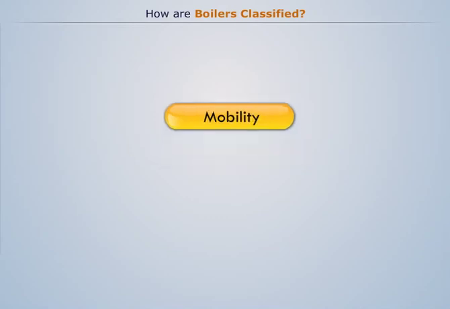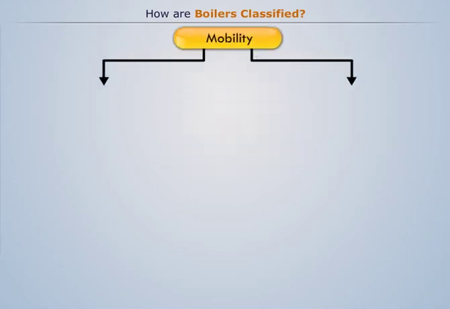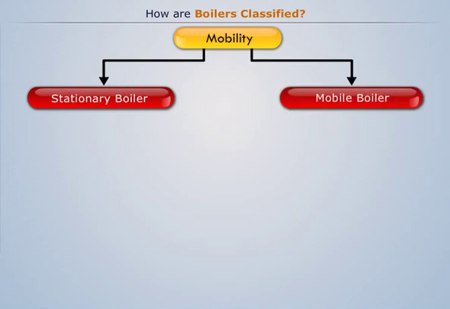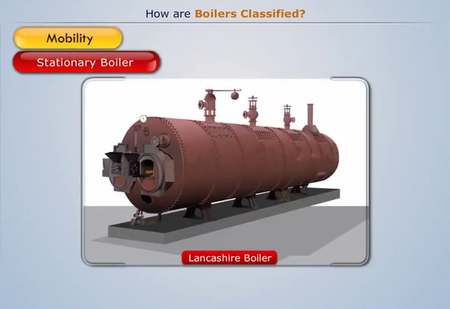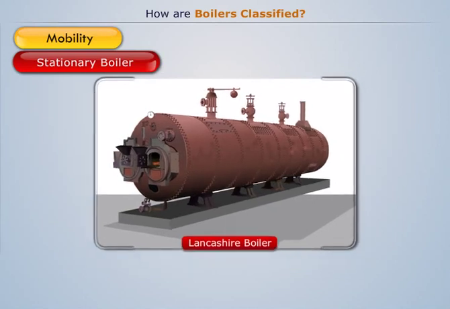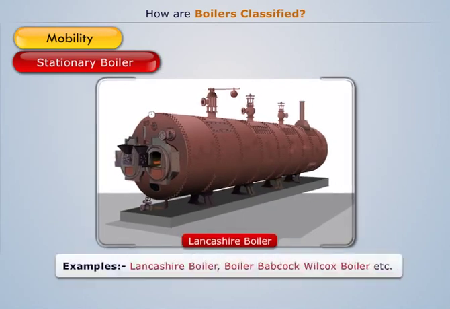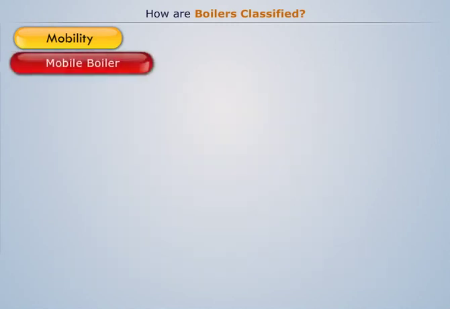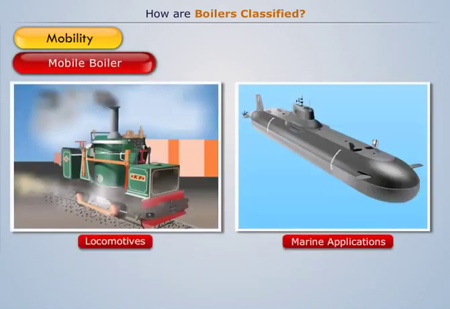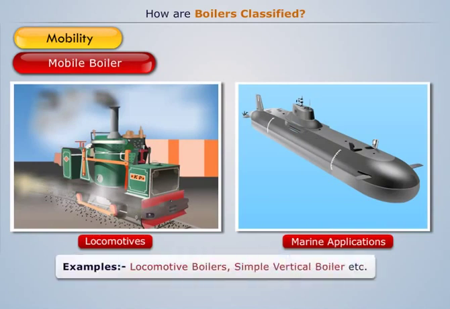Mobility. On the basis of mobility, boilers are classified as stationary boilers and mobile boilers. Stationary boilers are generally employed in steam power plant and processing plants. Some common examples of such boilers are Mobile boilers are generally employed in the locomotive and marine applications. Some common examples of such boilers are